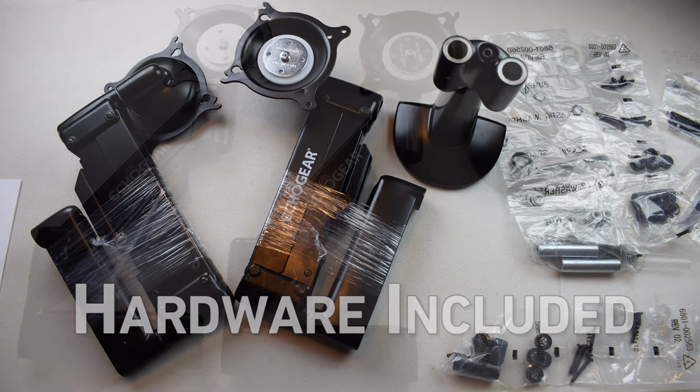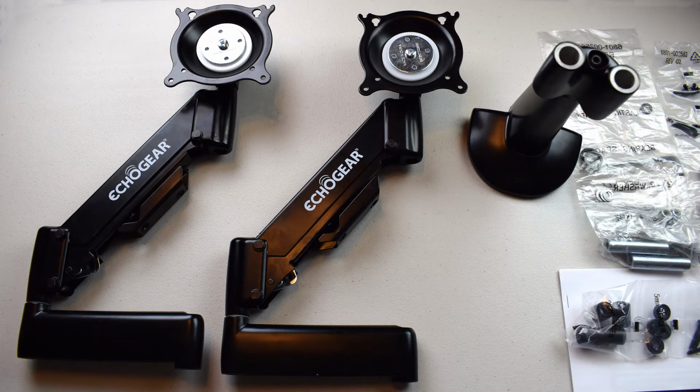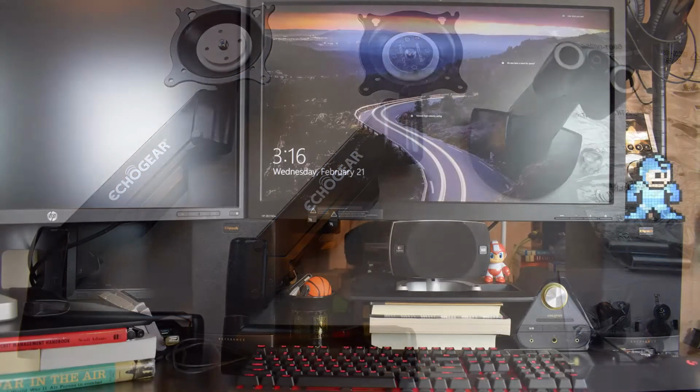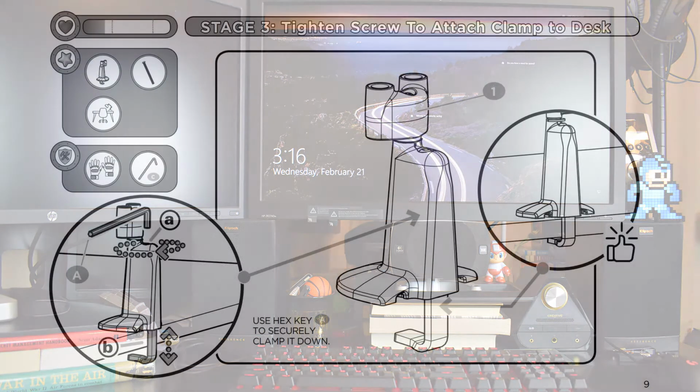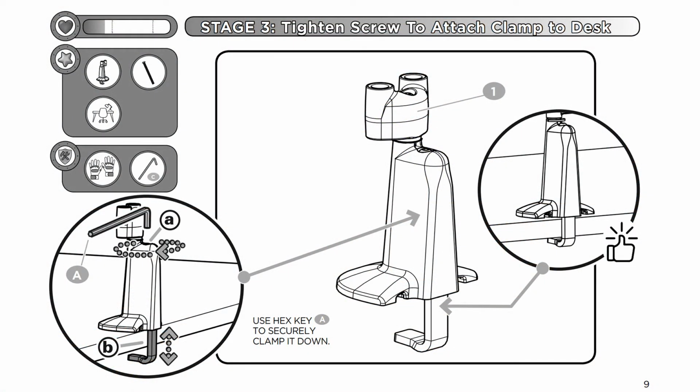And honestly, the monitors I'm using have little 4-screw VESA mounts, so they weren't really a problem. What turned out to be more of a problem was the desk. The desk that I'm using is actually just a thin piece of metal that brackets out on each side, not really a proper desk. And the Echogear monitor stand calls for something like 8/10 of an inch in thickness. So